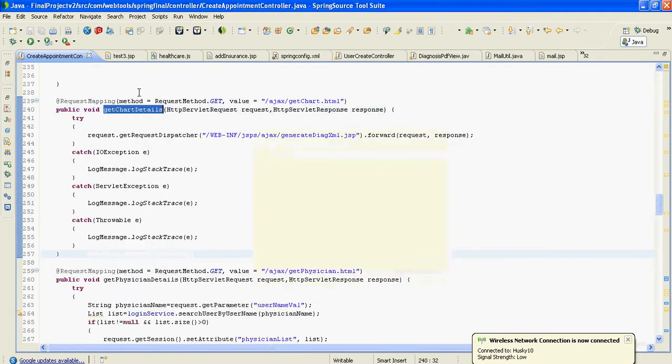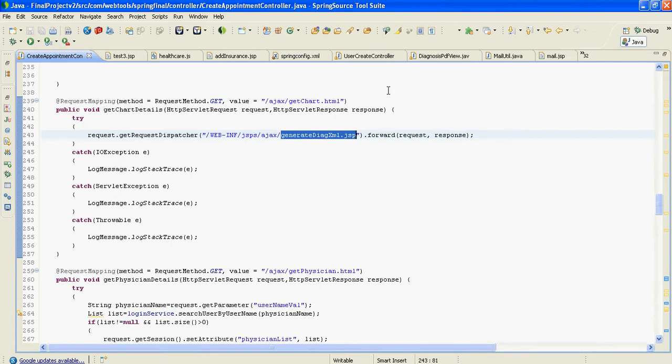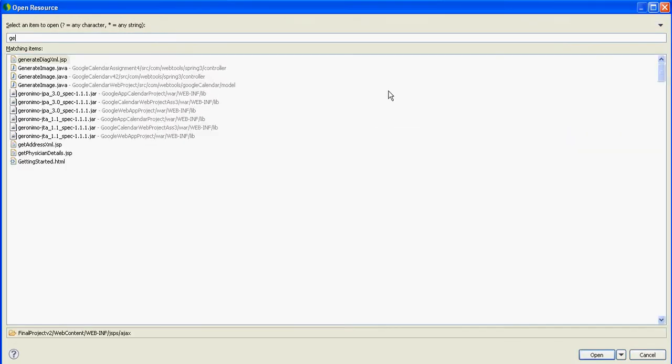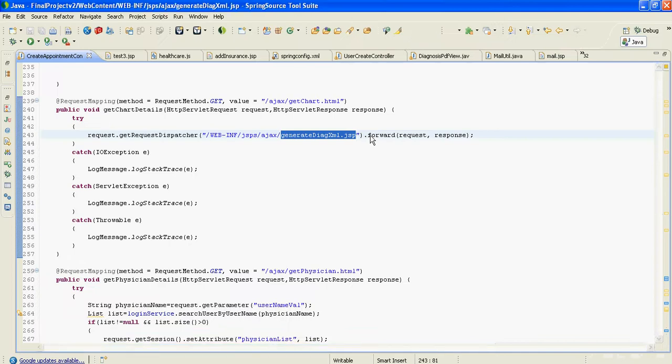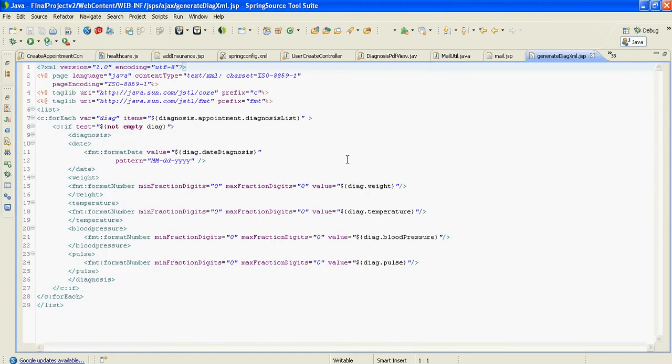I've done a lot of R&D on that. What it does is it forwards the request to generate diagrams, the full form of generate diag, and it formats the response in XML format.